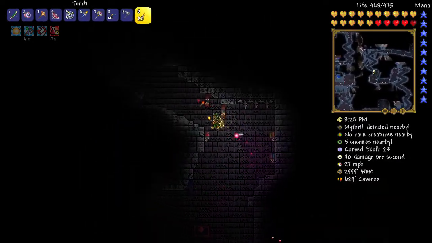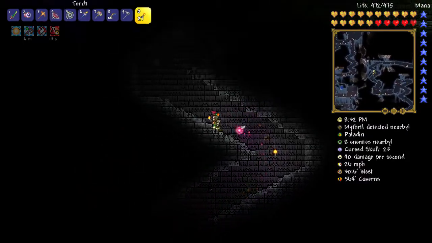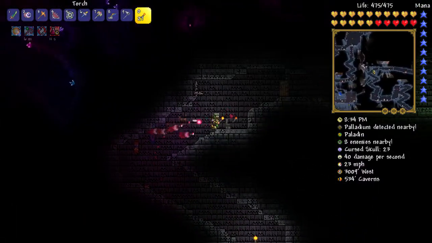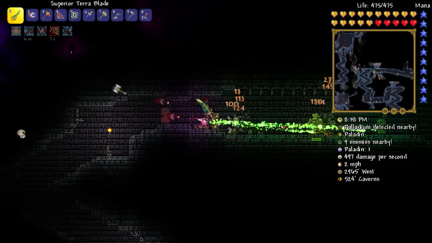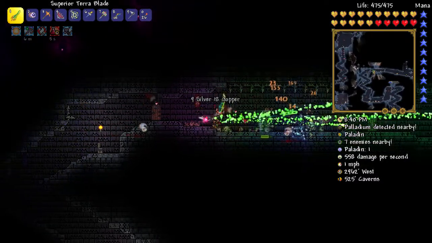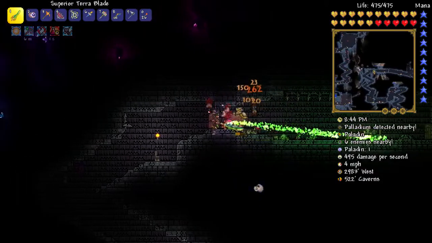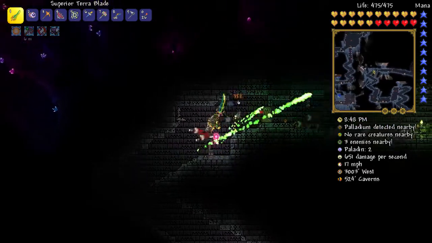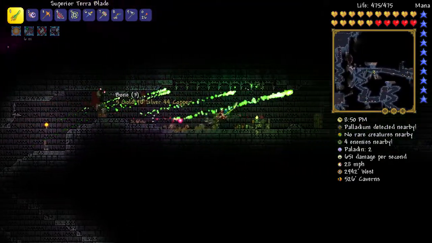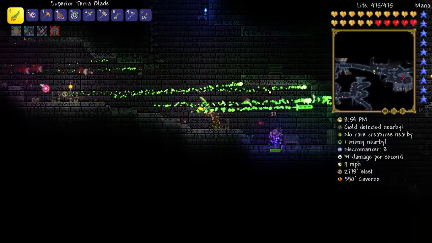You know, I've explored this whole dungeon. I could probably just figure out where the ice thing is. There's a paladin around here somewhere, but I don't... Oh, okay, it's right there. So we'll engage. Yeah, okay. My damage feels way better now. I must have been walking around with the... Yeah, I was probably walking around without the...